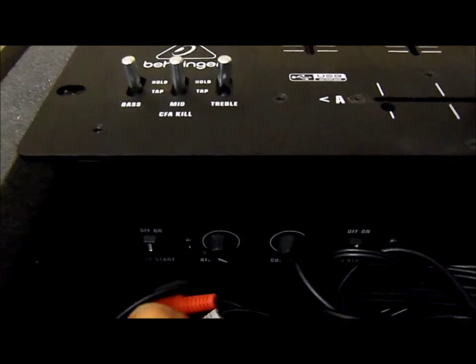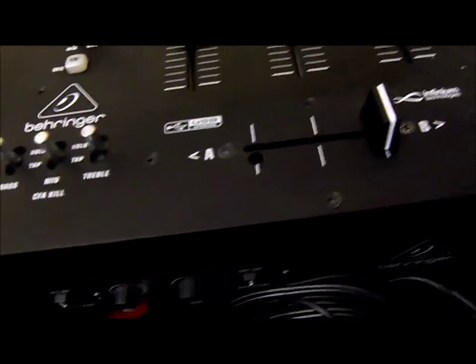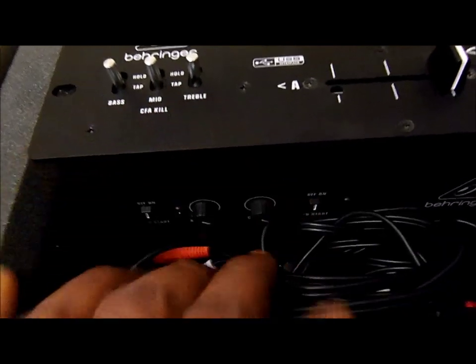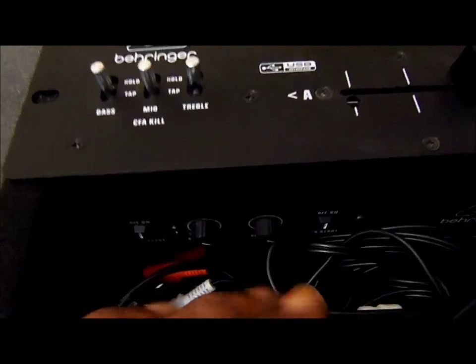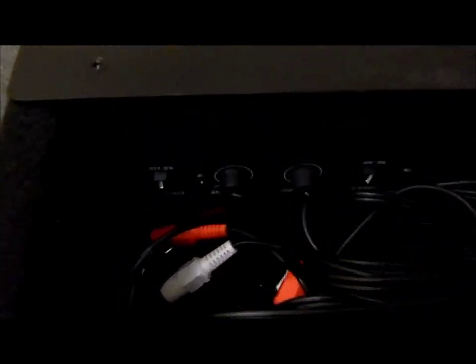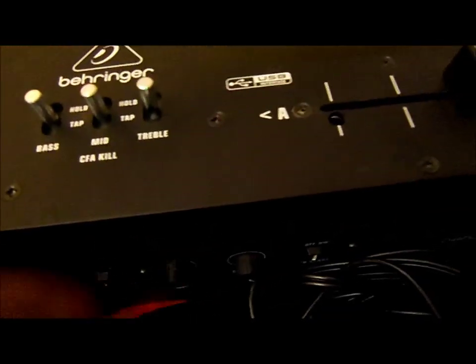And I can't forget, on the front you have your Crossfader A auto start, your Crossfader B auto start here on this side, and right here to the left of it you have your Q tone, which is your headphones tone. You can either set it low to the left or all the way to the right for highs, which would be clearer. I have it all the way to the right mostly because I just like to hear it clearer. And you also have your crossfader curve right here to the left of it, and just like I've shown you, it's a very nice curve,